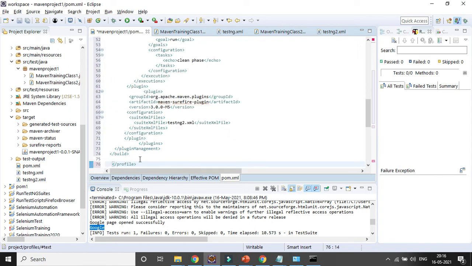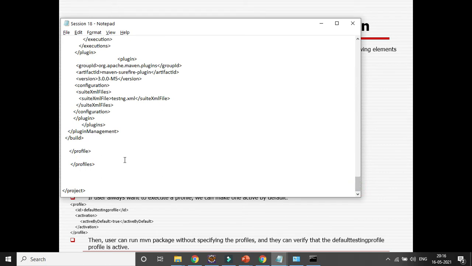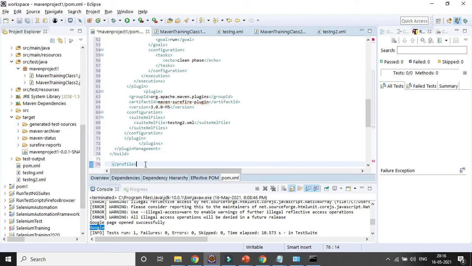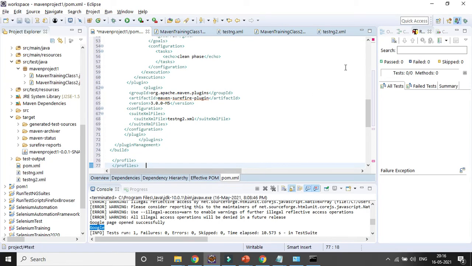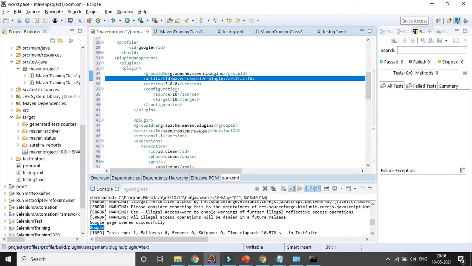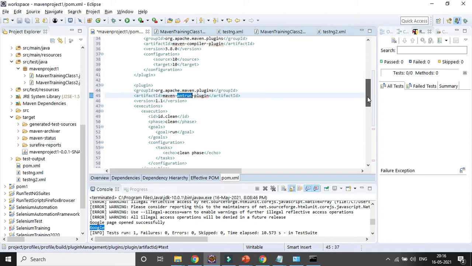And here I need to change the profile tags, right? Close the profile tags before the project end tag. So I'll explain, no need to worry. The same way, the plugin is there, the Apache Maven compiler plugin, and I have added a few more plugins, maybe if required, for ant run, clean run, everything.